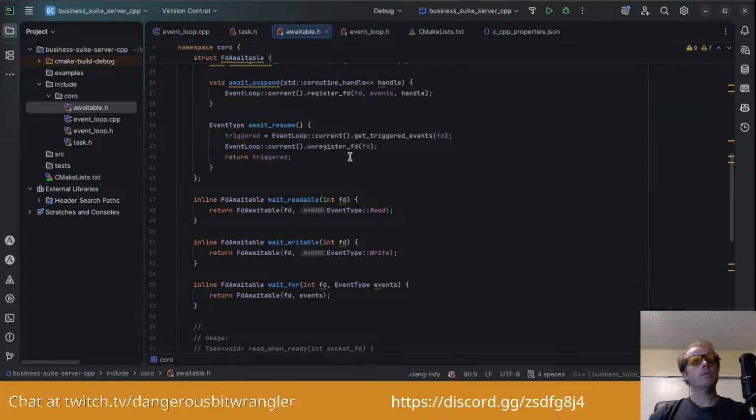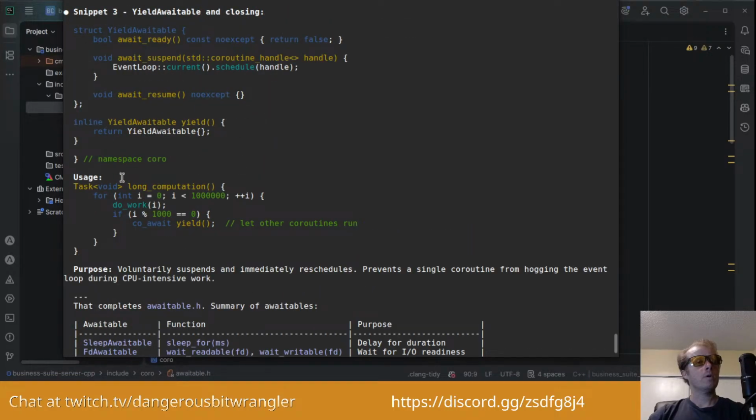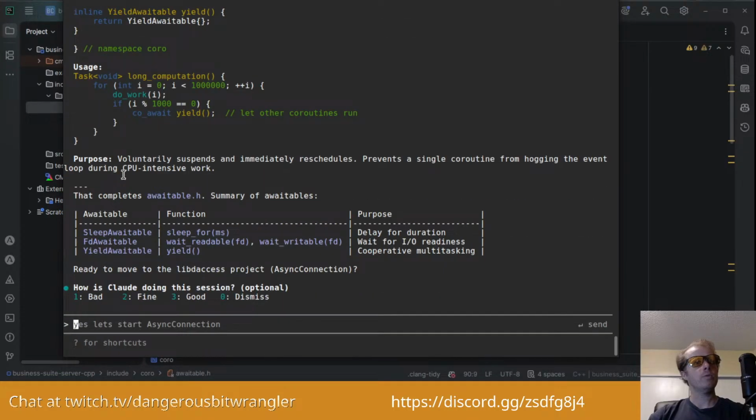Okay, I got this sample. Purpose: voluntarily suspends, immediately reschedules, prevents a single coroutine from hogging the event loop during CPU intensive work. Interesting.